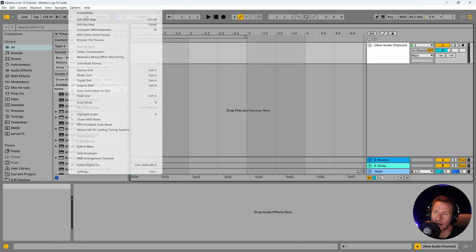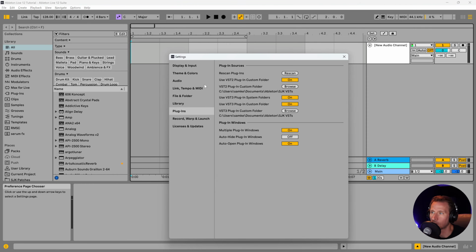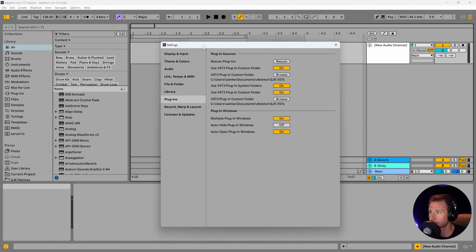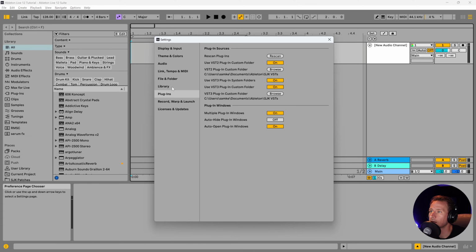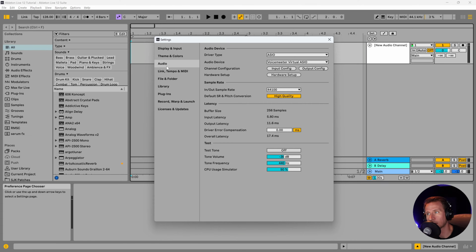So if we navigate over to options and then scroll all the way down to the bottom to settings, you can also press Control period or Command period to have this menu pop up. You're going to have a few settings here, and we're just going to focus on the audio tab for now and make sure that we have the correct audio device selected. Essentially, if you just downloaded Ableton and you're not getting any sound, it's possible that you have this section here